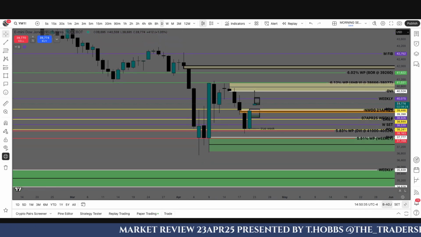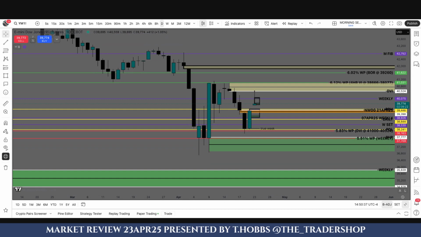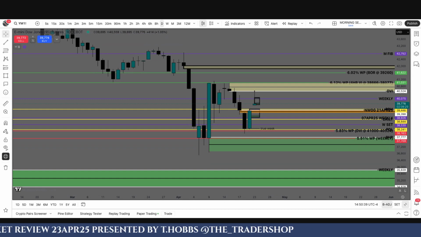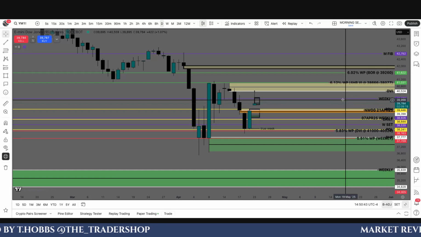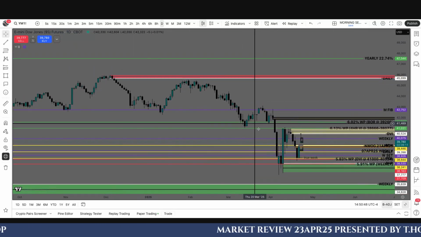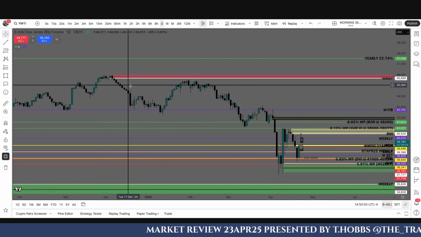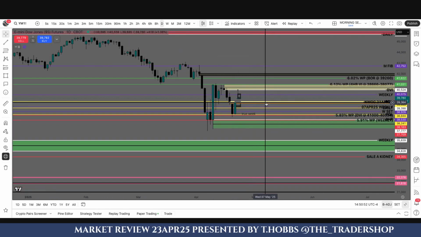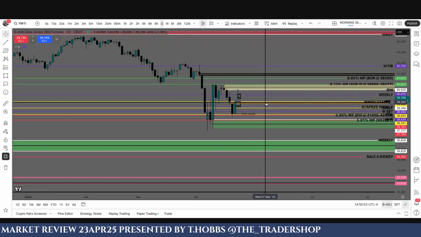How many times have you seen that inside of the lower time frames right now, where every time we get to the lows, we consolidate and we dip and go lower? Well, we're doing that, but on the higher time frame. We're at the low of the downtrend right now. This was the all-time high. We're at the low of the downtrend and we're consolidating at the lows. That is not a good thing, right?